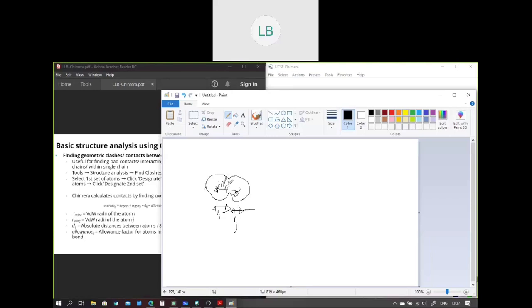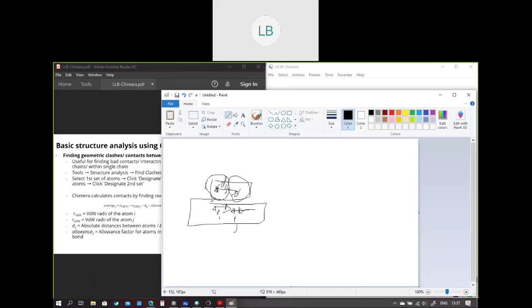So when I say overlap is 0, that means the sum of these two minus the distance is 0. That means that's the total overlap. But an important thing we need to note is that this van der Waals radius is not an absolute concept.